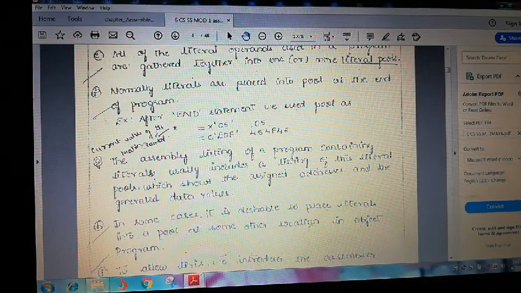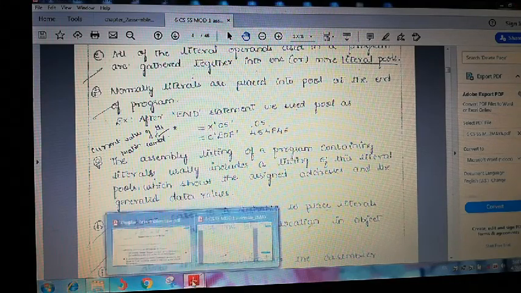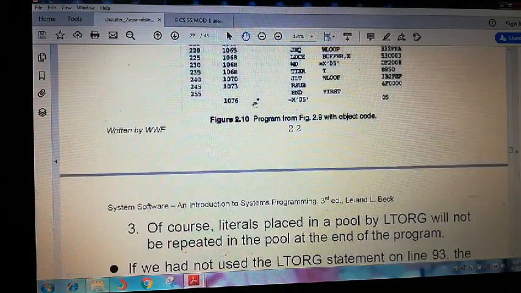What is star? The star is the current value of the location counter. What is there in this line? That value should be taken. See, I am writing star. The star means the current location counter value will be taken. Say this is one I am defining. This is called the literal pool. After the END statement, I have written it.